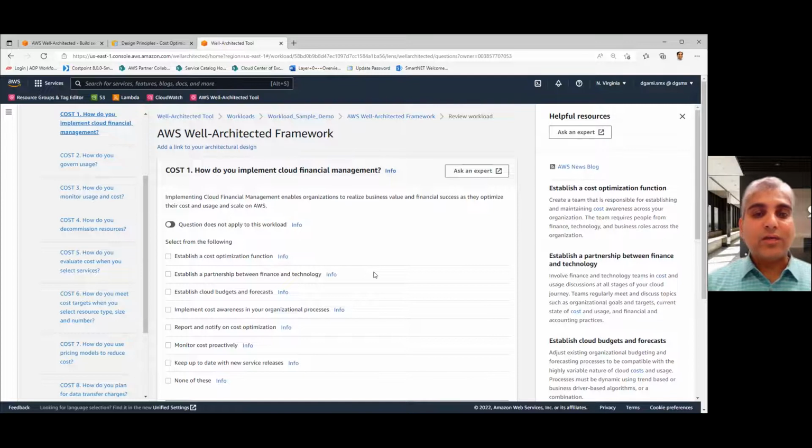Establishing cloud budgets and forecasts, that's another good aspect of the cloud, is that you're able to look at what kind of resources you're using, what are the costs associated with them, and you can project out what sort of spend you anticipate in a particular month or over a period of time. And so using that projection to plan out how much you expect to spend, and then setting your budgets based on what you do need to have in place, will help the teams get a better sense of,